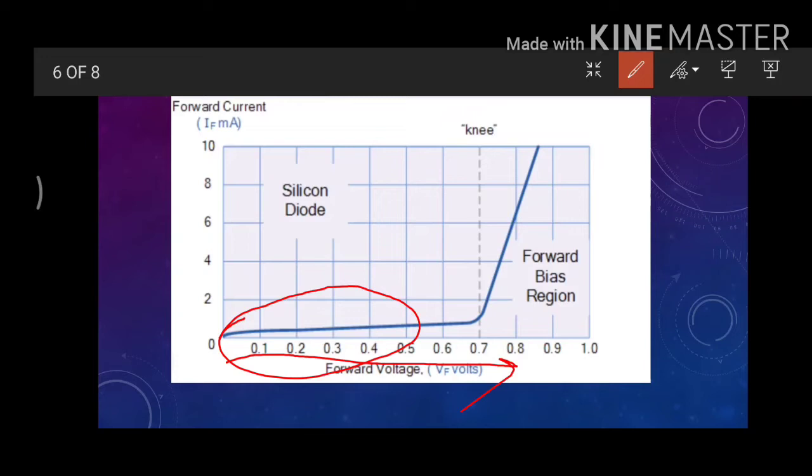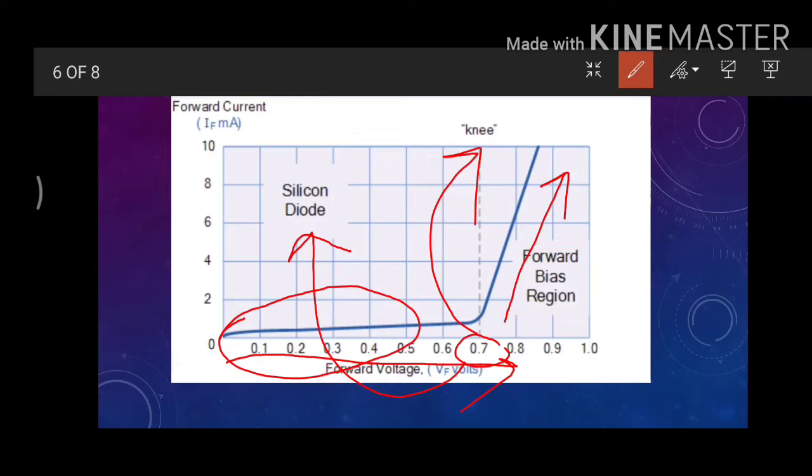As we increase the voltage and reach the point of 0.7 in case of silicon, the depletion region has been broken down, as we talked earlier, and the ions which formed due to the depletion region are back to the atom form now. This 0.7 volt is known as the knee voltage or the knee point for the silicon diode, and in case of germanium it is 0.3 volt. Above this point, when we increase the voltage, the current increases exponentially because the depletion region has been broken down, and as we increase the electric field, current increases.